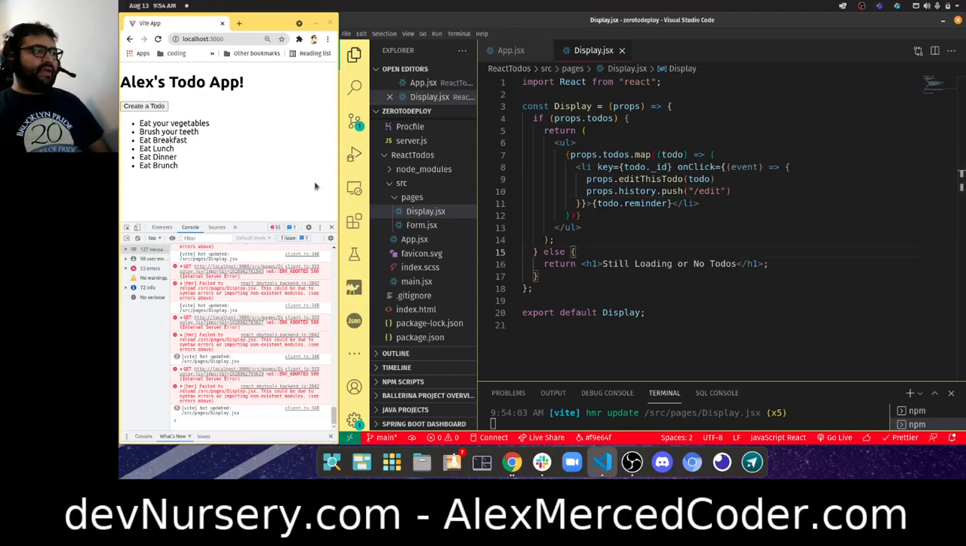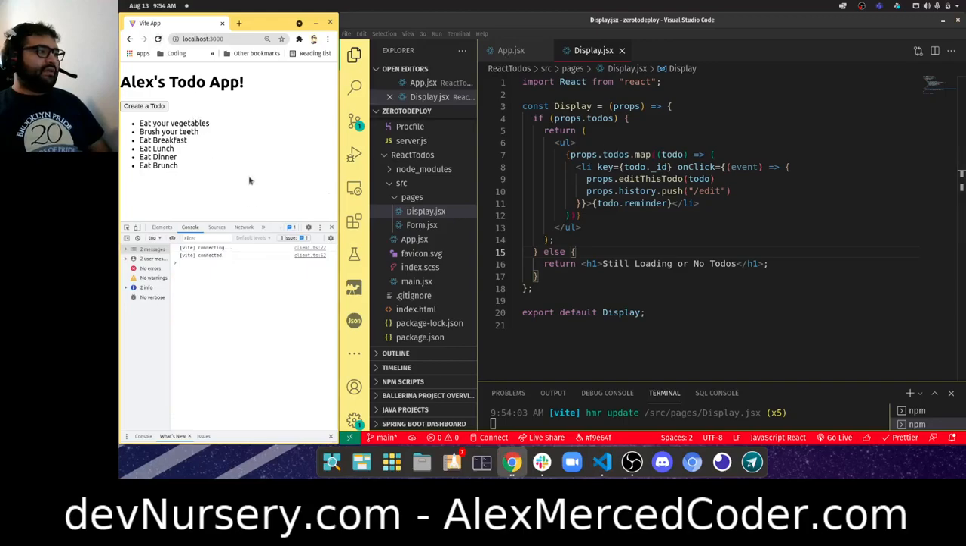So theoretically, let's refresh. I should be able to click on eat your vegetables and it should take me to the edit form. So let's see here. 1, 2, 3. Ah, and look, see, it's already filled in. Eat your vegetables. And apparently eat your vegetables is true. So now I can check it off, update it, even though right now it doesn't say if it's done